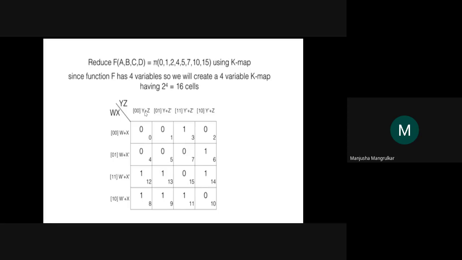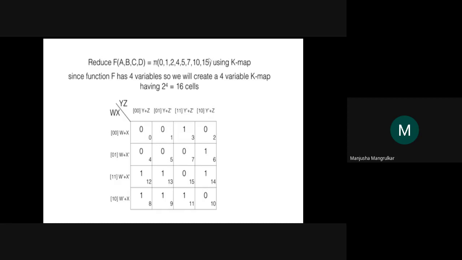W plus x. Now for these two pairs, what is the answer? Here w changes, x complement is the same as y complement and z complement. So our answer for these two pairs is x complement plus y complement plus z complement, right? For this roll-over mapping, w complement changes, x is the same, and y complement and z are the same. So for this it is x plus y complement plus z.